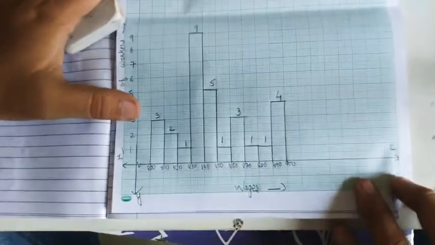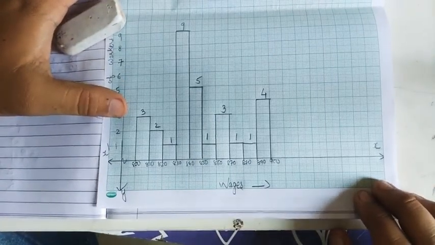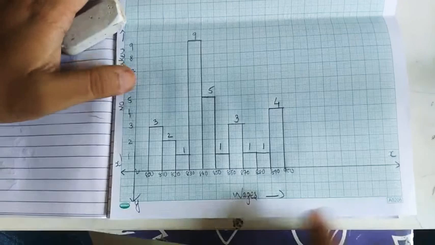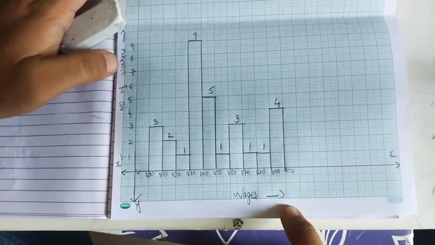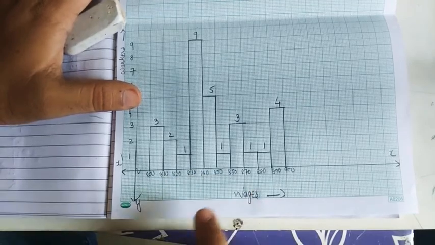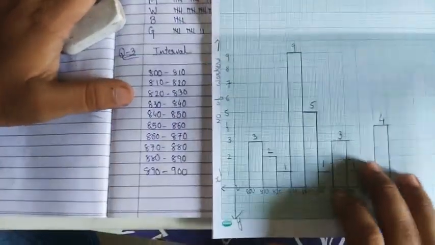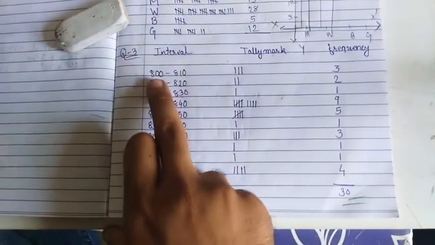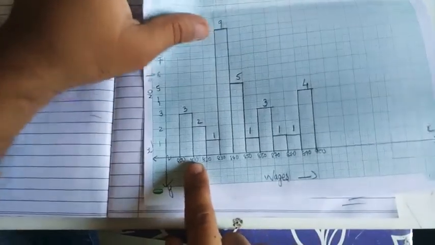So here is our graph. First of all, x axis and y axis. Okay, on x axis wages, on y axis number of workers: 800, 810, 820, 830, 840, 850. Now in the table we have to observe that 800 to 810, total 3. So 800 to 810, 3,